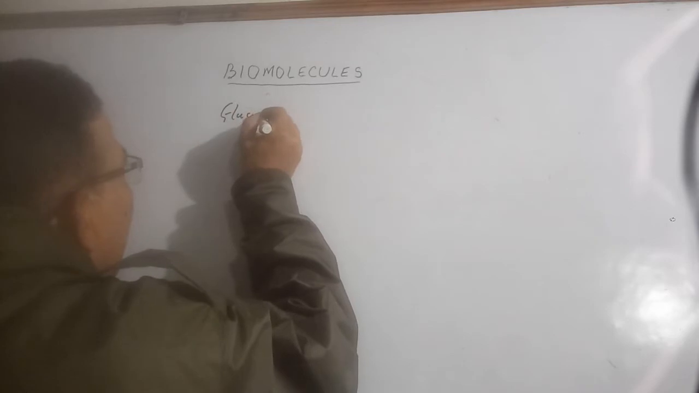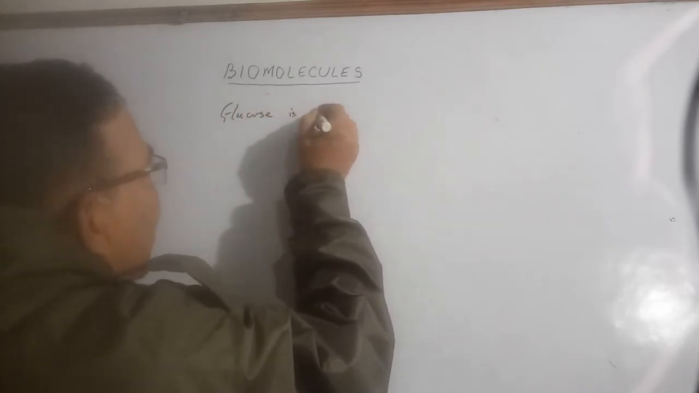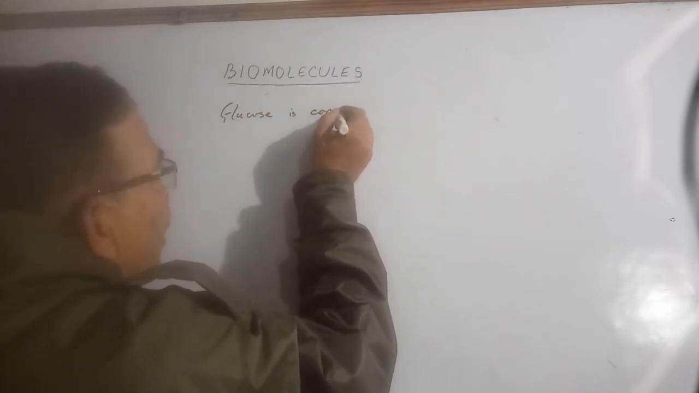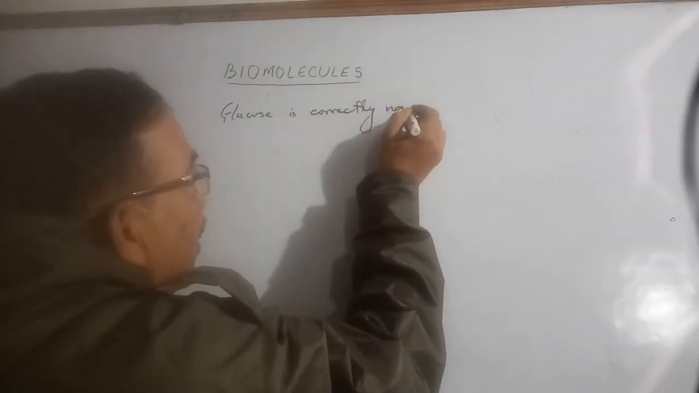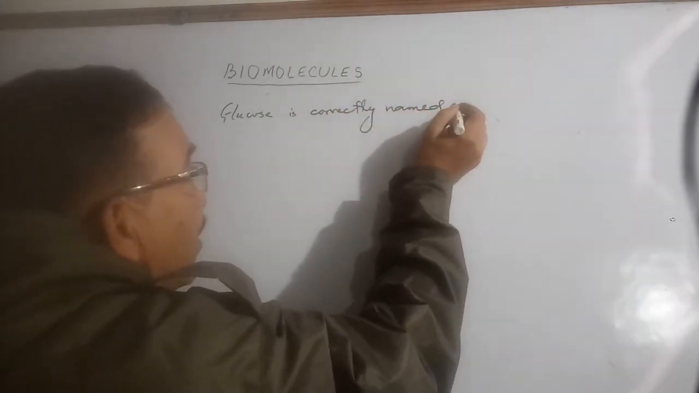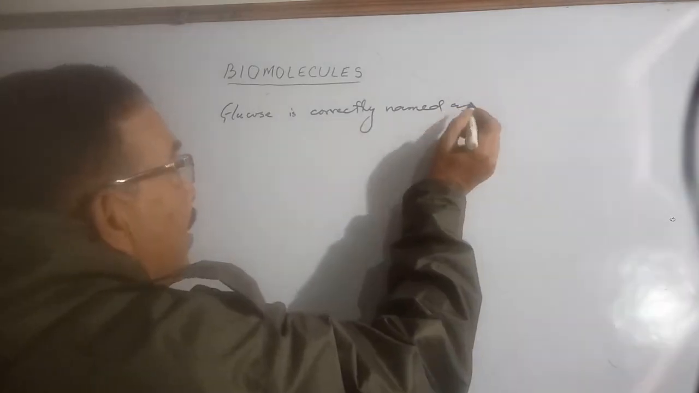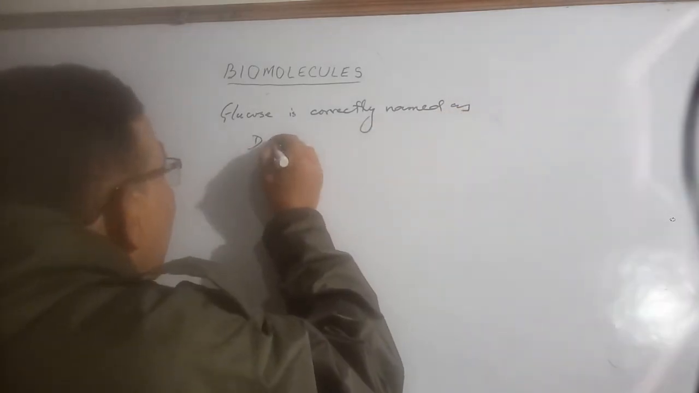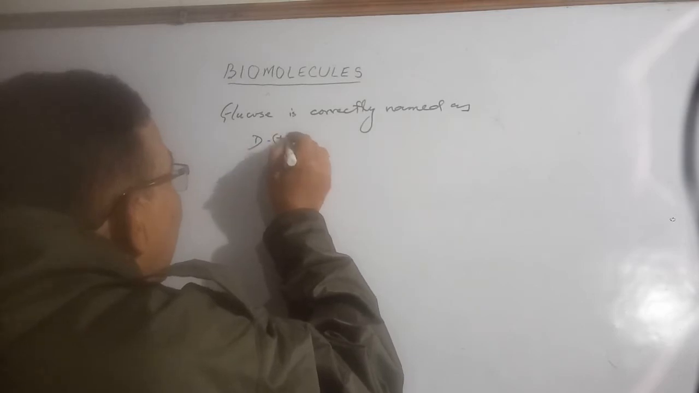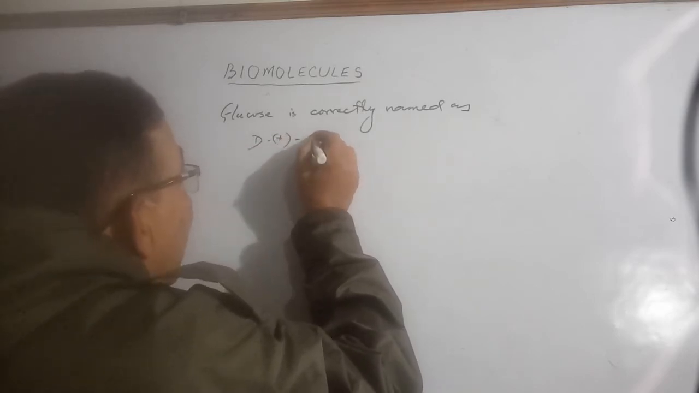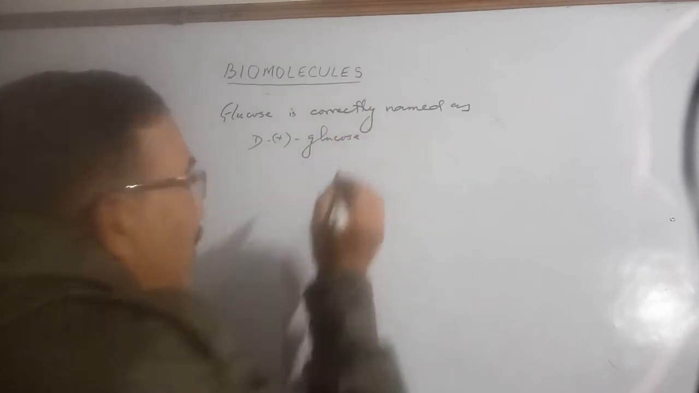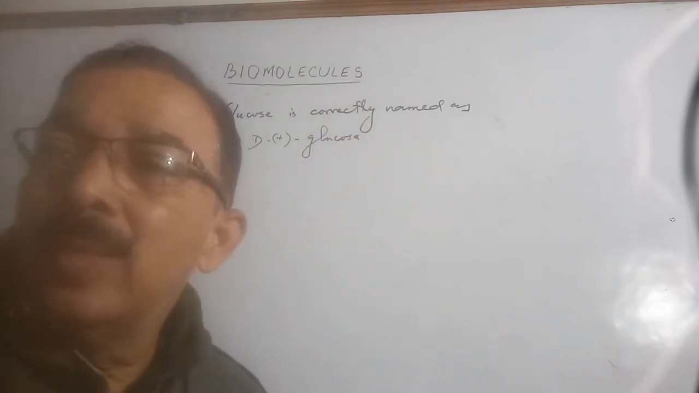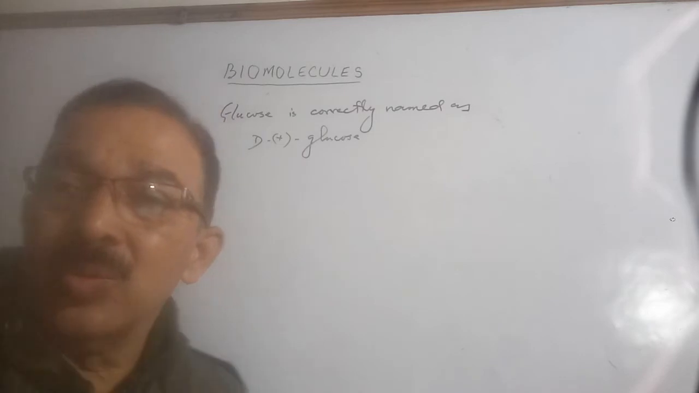Glucose is correctly named as D plus glucose. D plus glucose,